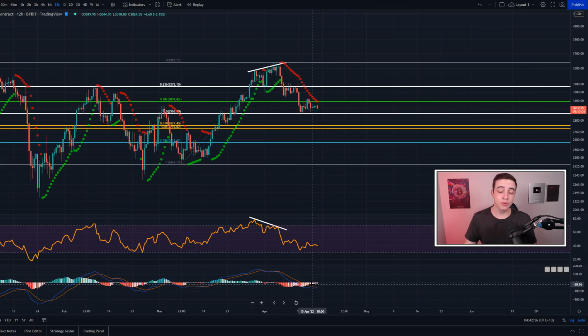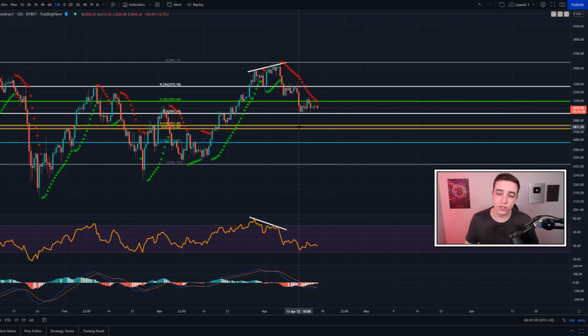And basically, once we start seeing some of these indicators flip bullish again, so I'm talking about the RSI, for example, entering into a bullish reversal, the MACD seeing a bullish cross, and the parabolic stop reverse indicator flipping back into the green. Those are some of the bullish signals that I'll be looking out for on the chart to help predict a bullish reversal. But once again, we are not seeing those signals at the moment, but we're getting closer to them.